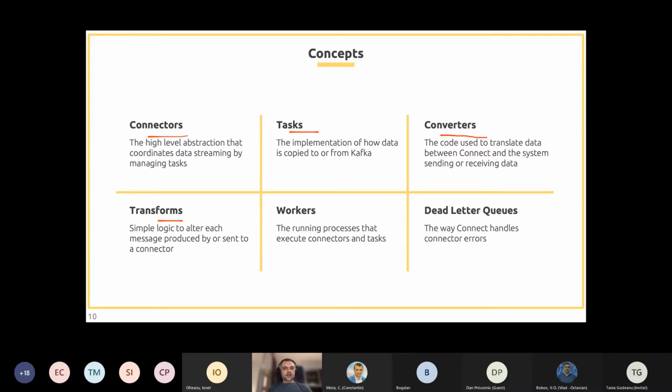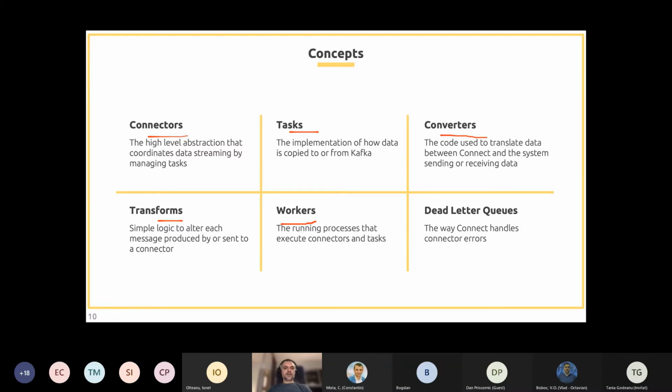And all the connectors, tasks, converters, and transforms are actually executed by workers, which are just JVM processes running on our servers. Preferably, our workers are deployed on dedicated machines. It is not recommended to deploy them on our Kafka brokers.